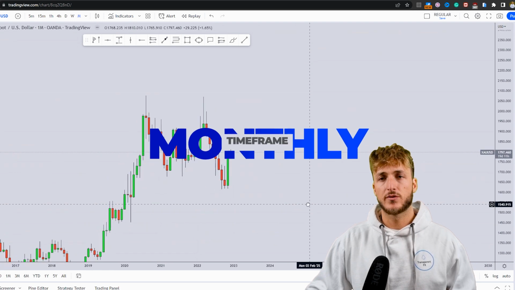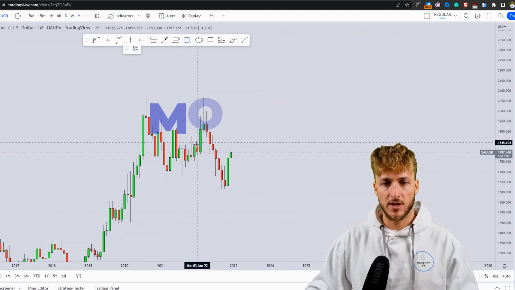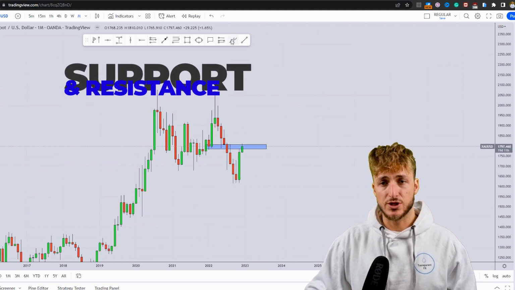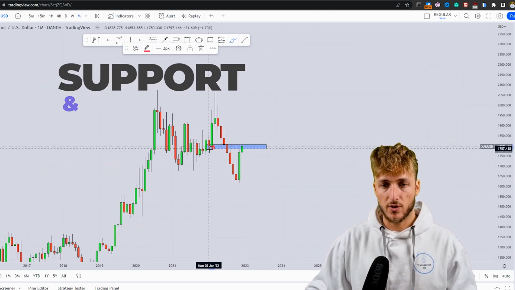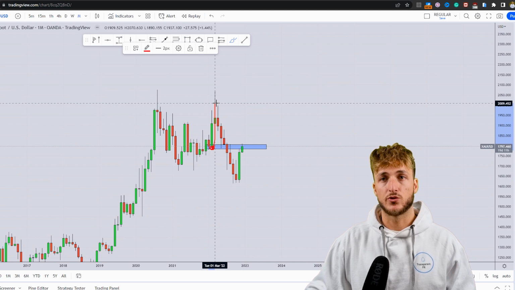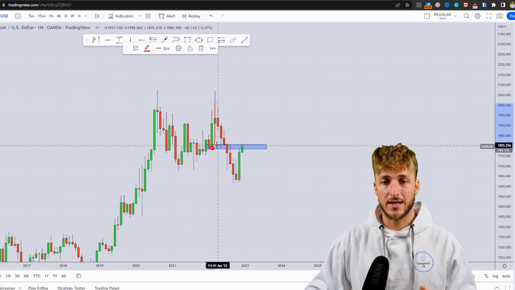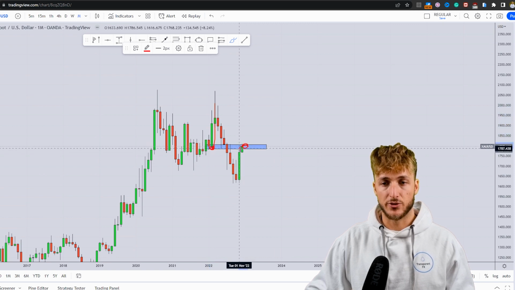Now, starting here from the monthly time frame, what we can see is that at the moment we're testing exactly the previous support, which is now turned resistance. In fact, from here, all this move to the upside was created. After that, the market created this rejection to the downside, confirming that this previous support is now turned resistance because,